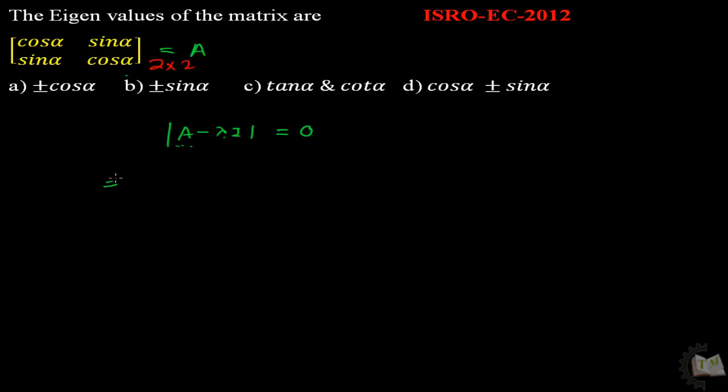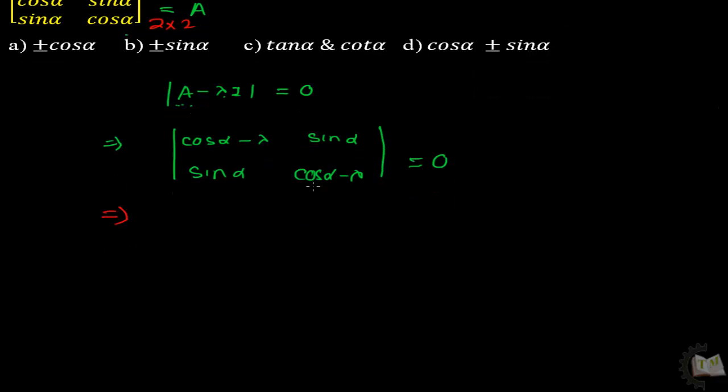matrix, then you will get the equation with cos alpha minus lambda, sin alpha, sin alpha, cos alpha minus lambda, whose determinant equals 0. Next, simply apply the determinant formula to find the value of lambda. Multiply this, and it will be cos alpha minus lambda whole square minus sin square alpha equal to 0,